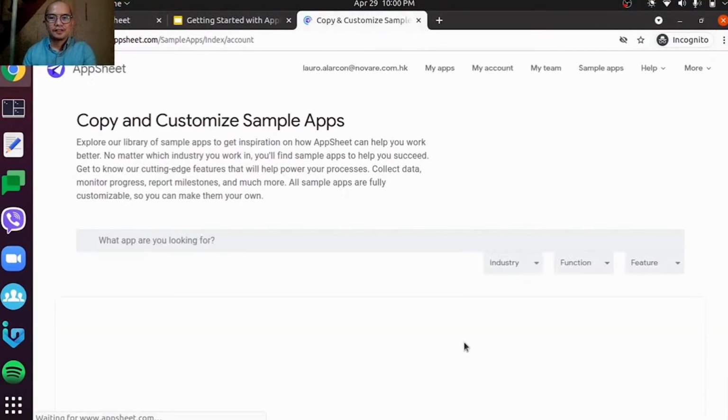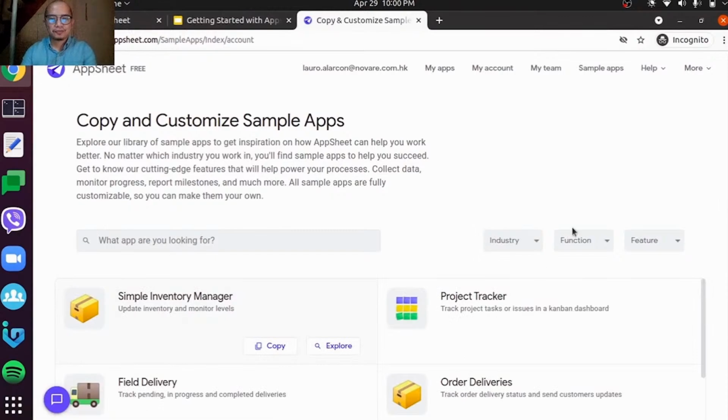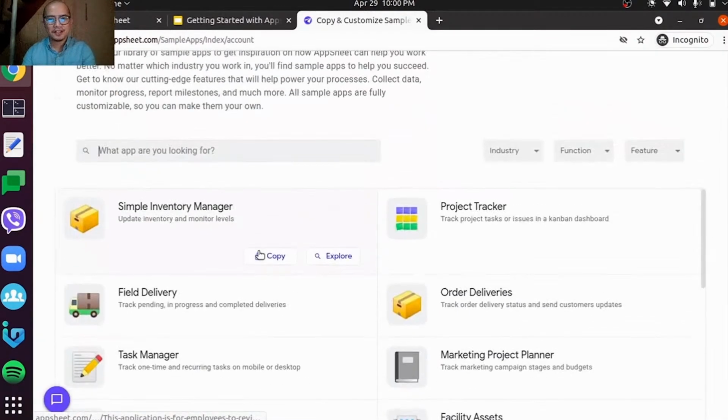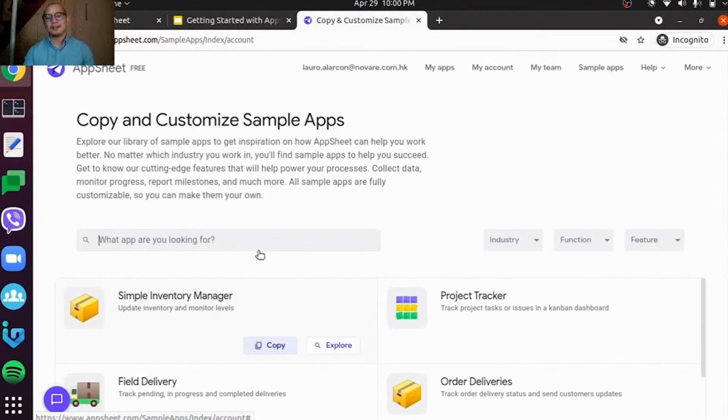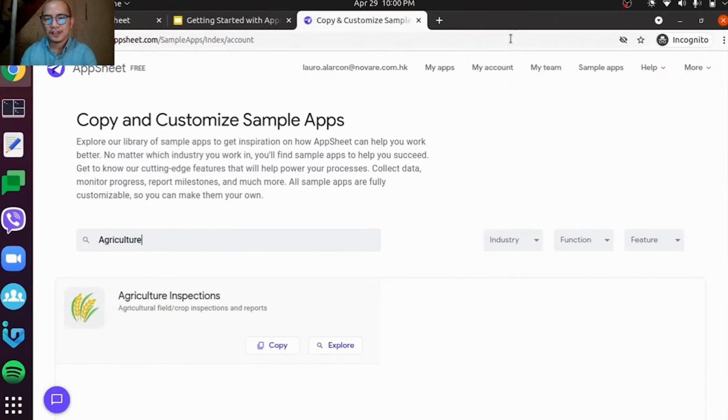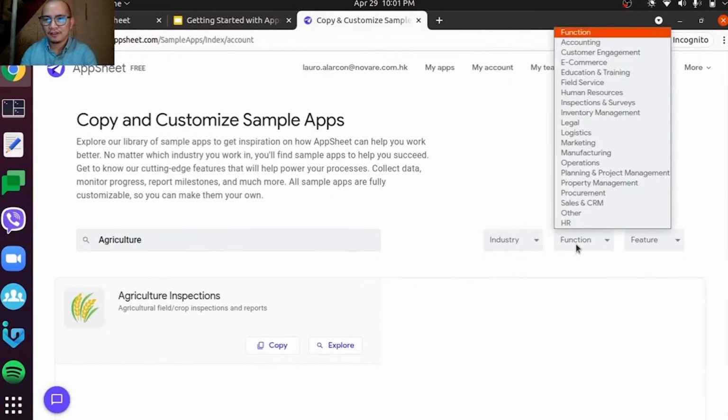just click the link, and then ito. You can see there are a lot of sample applications here created and made public by AppSheet. Tapos pwede nating gayahin or pwede nating pag-aralan. Okay? So as you can see, we have here the filters. So the industry, I can filter them out. And then if I wanted to